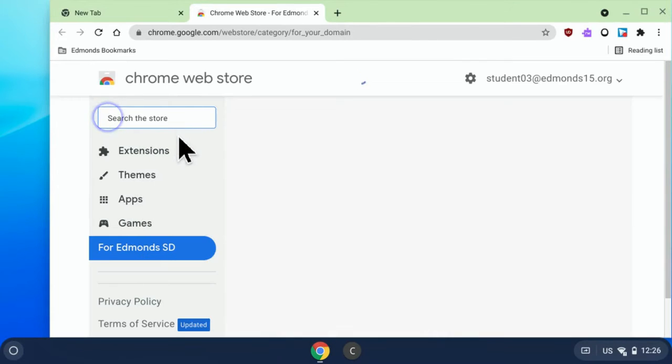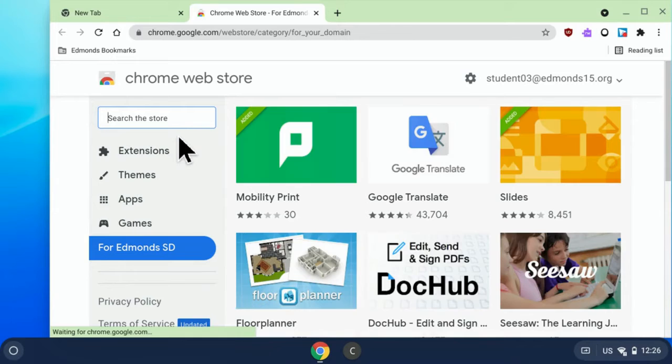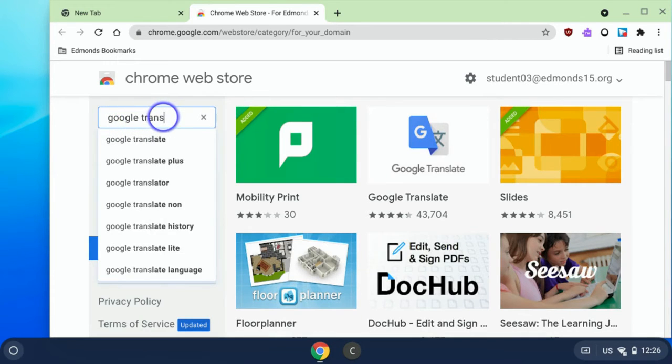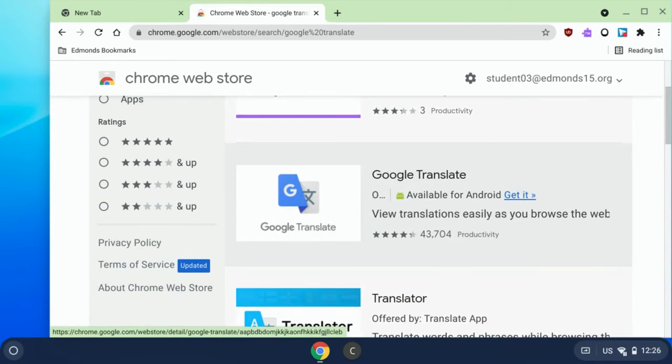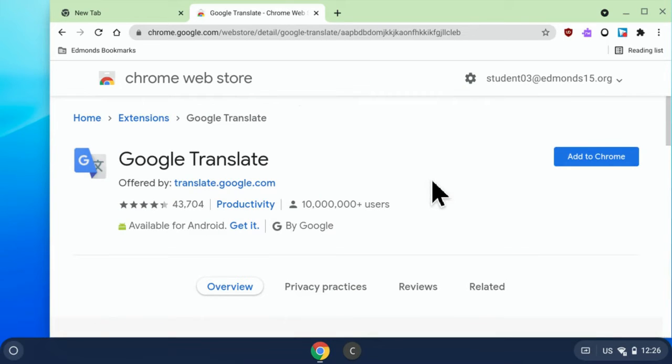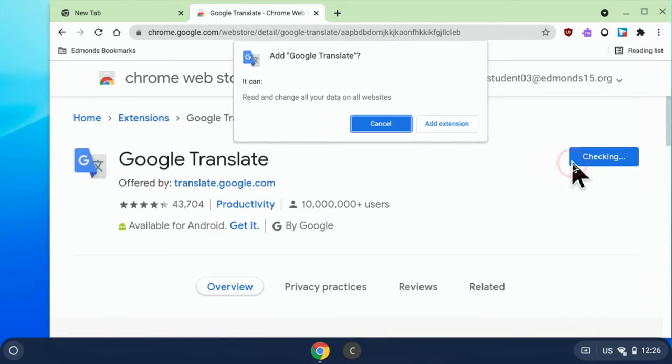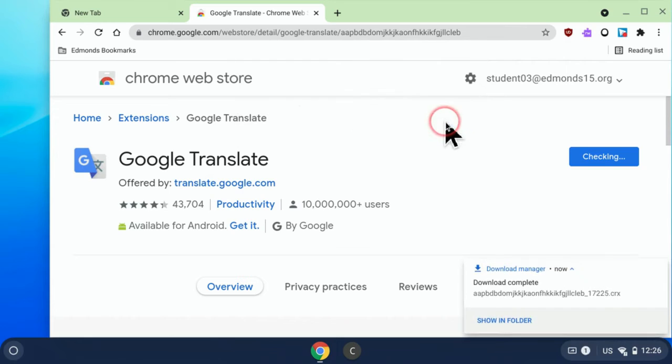If you're not on a Chromebook, just open Google browser and type in the Chrome Web Store. At this point, you will type in Google Translate and you will see Google Translate. Click on it and select Add to Chrome. You will then need to select Add Extension,